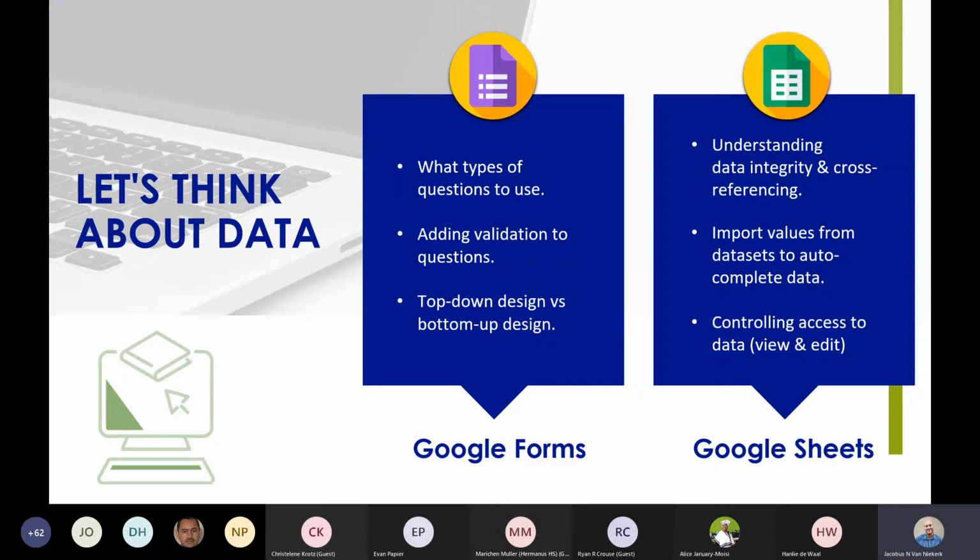That's going to be the, I suppose, more complicated part of today's session, is just wrapping your head around how the VLOOKUP works. And then, of course, something we want to look at is how do we actually control the access to the data? Because remember, this is a cloud-based thing.